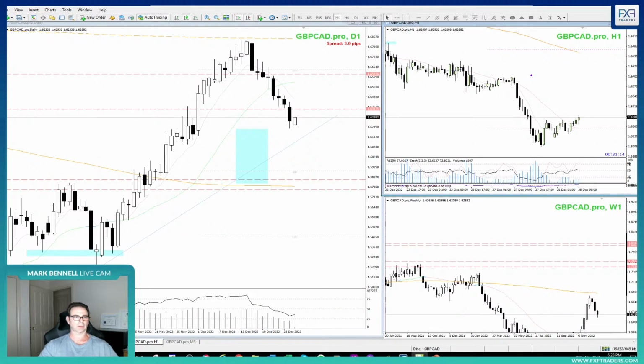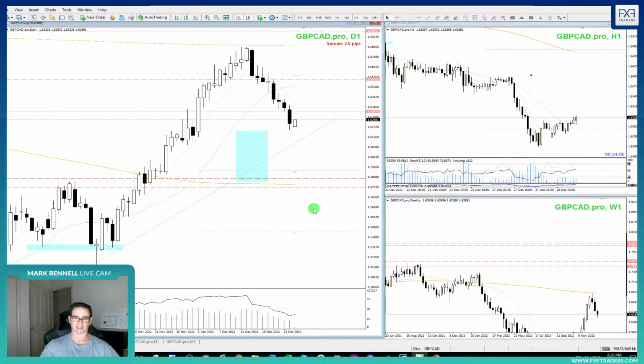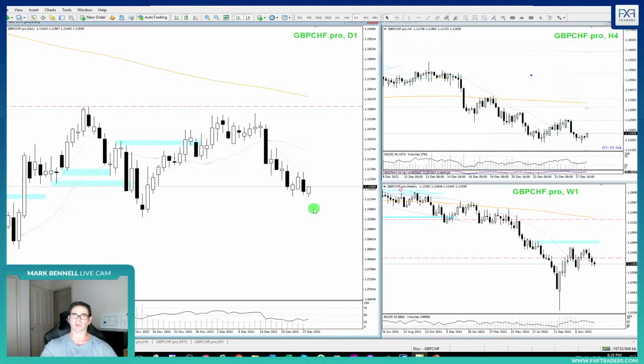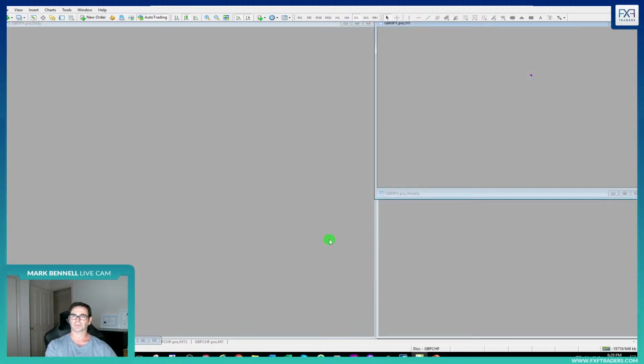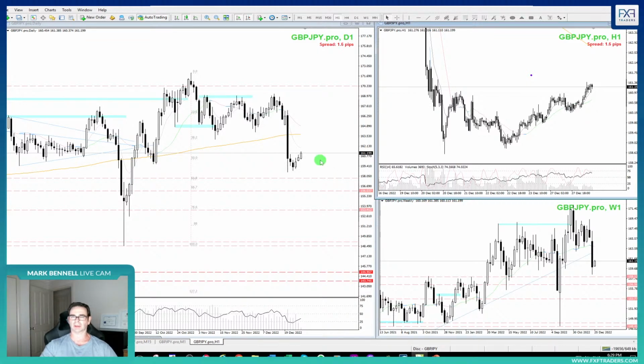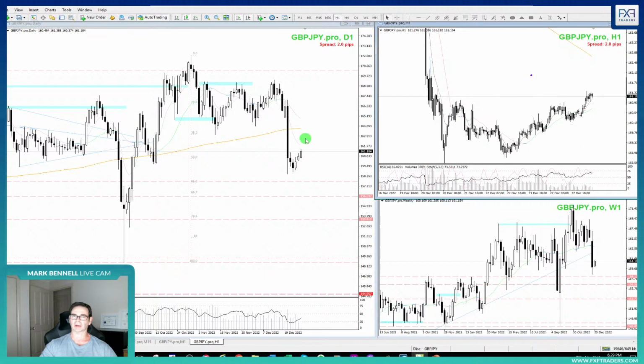Getting, excuse me, getting a little extended. Pound Swiss. Yeah, look, we've got some sideways price action here. This looks like a little bit of a double bottom. So trend actually looks like it's down. Pound yen. So pound is heavy, but if the pound can move,